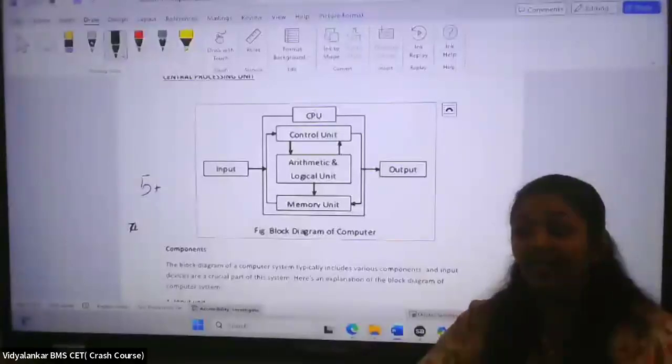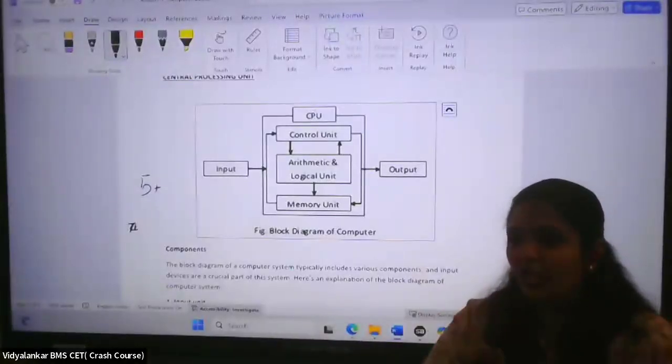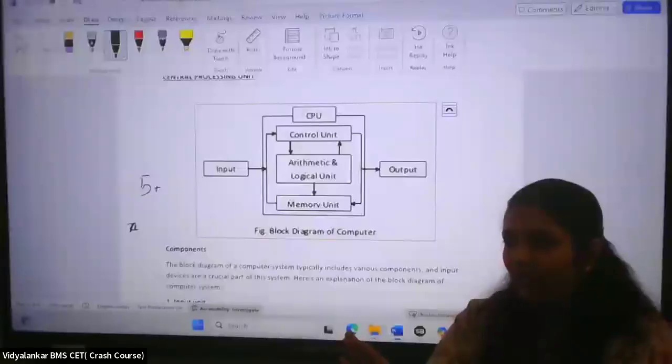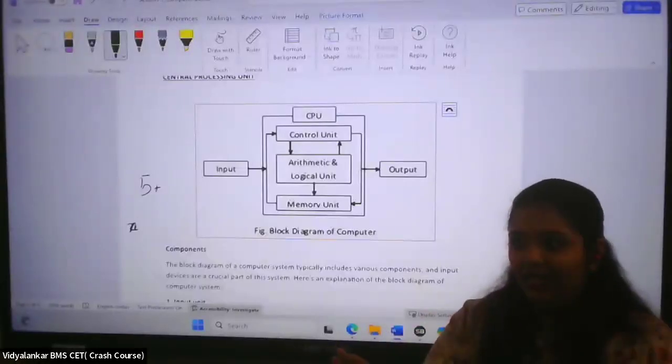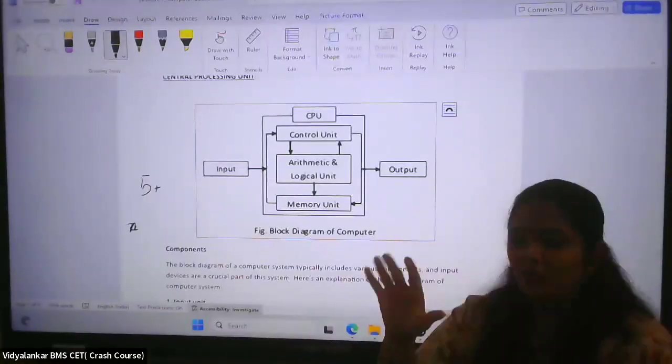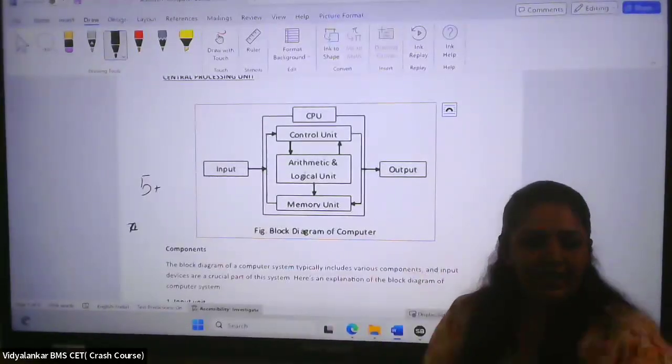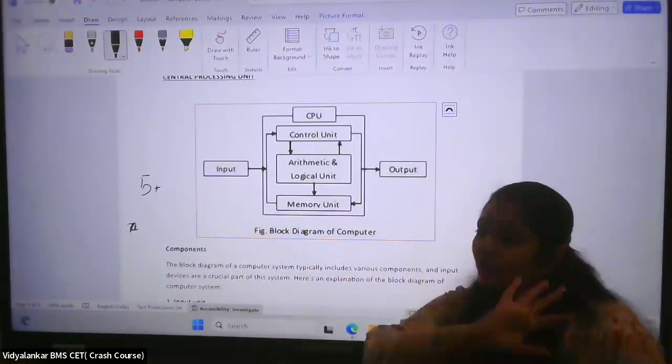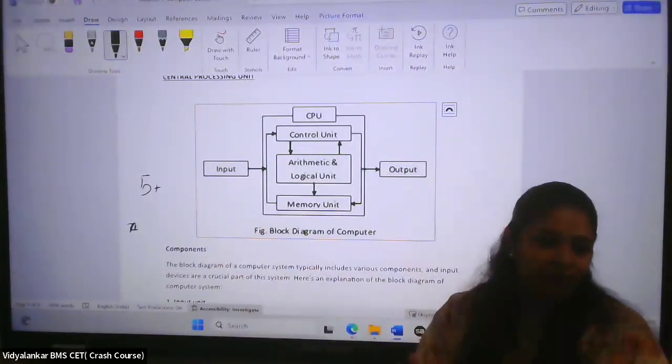So you have to tell which one is a type and which one is not a type. So please, if it is asked which one is not a type, then do not select any of these three. These are its types. And if it is asked which one is a type, then whichever one of the three is available in the options, select it. Is that clear? Okay. So that's now the wind up of your primary memory.